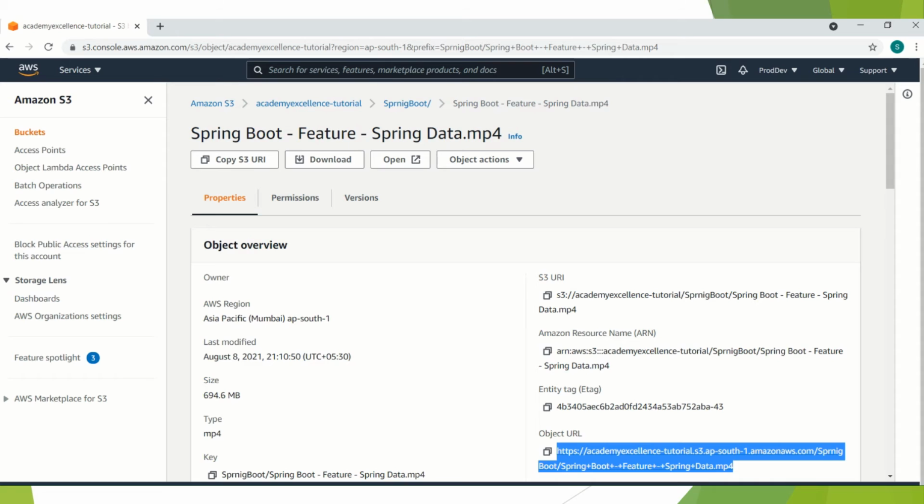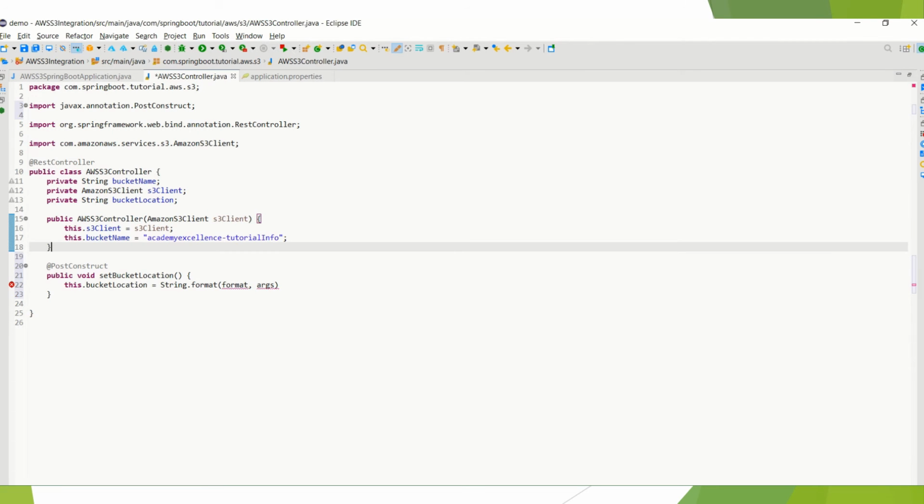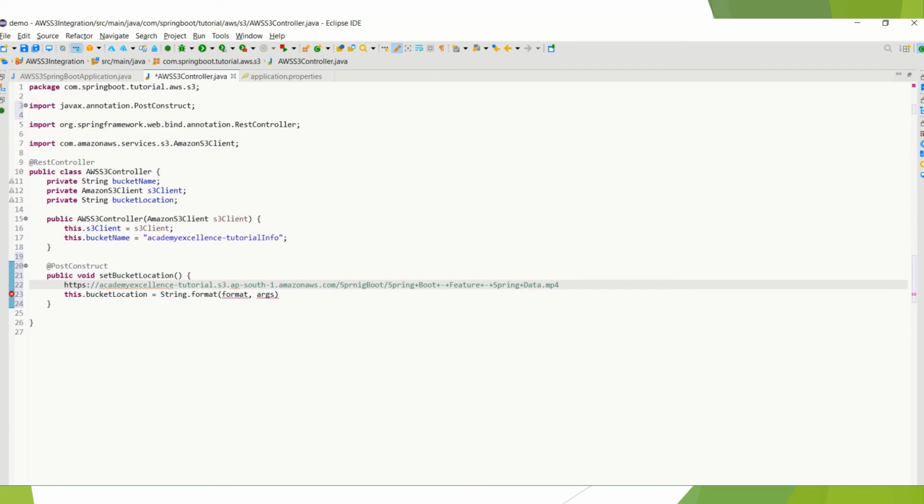If you copy this URL, the first part is HTTPS, then the bucket name, which is dynamic, then .s3. then the region name, which is also dynamic, then .amazonaws.com.